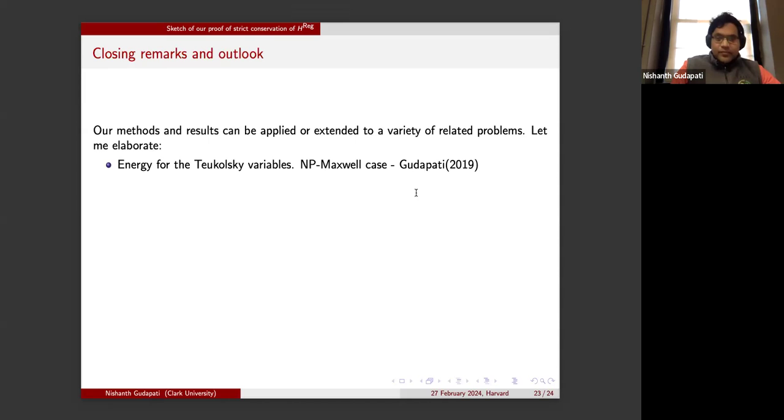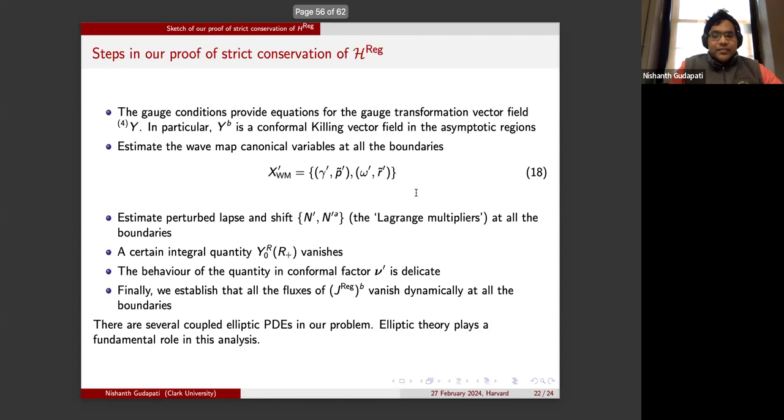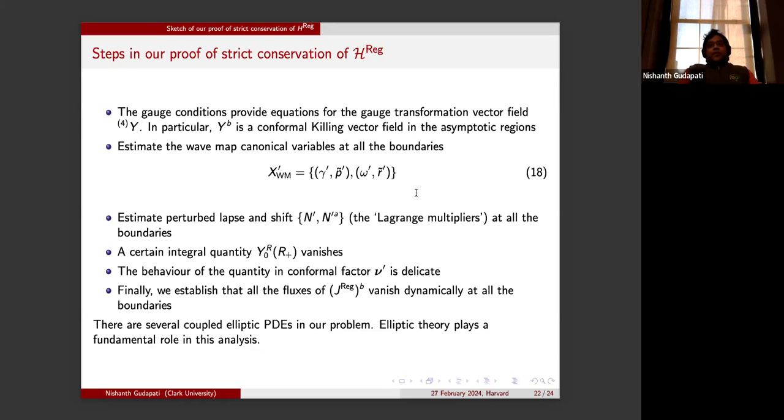Okay, so let me wrap up in the next few minutes. That's the overall idea. The point now is that since we have a positive, definite, and conserved energy, we can go back to the energy methods that I initially alluded to and prove the decay of fields to start with, to prove uniform boundedness of the fields in time, and later on also decay of the fields in time. So that sort of restores this line of using energy methods to prove the stability problem back again for this special case. That's the main idea and the theme of these works.